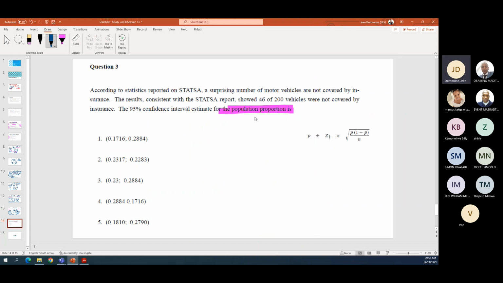So again, population proportion. So let's see, according to statistics reported on Stats SA, a surprising number of motor vehicles are not covered in insurance. The results consistent with the Stats SA report showed 46 out of 200 vehicles are not covered by insurance. Okay, so that is your P. Sorry, I misread that. Okay, so 46 divided by 200 is